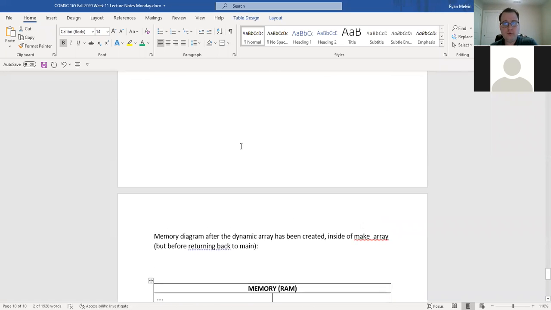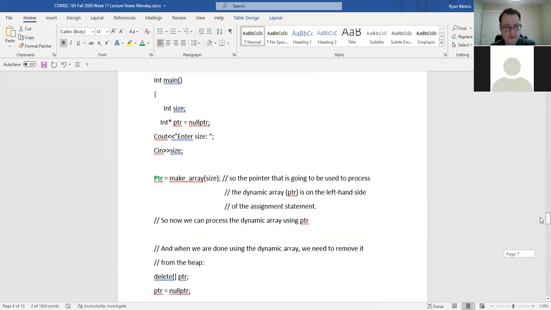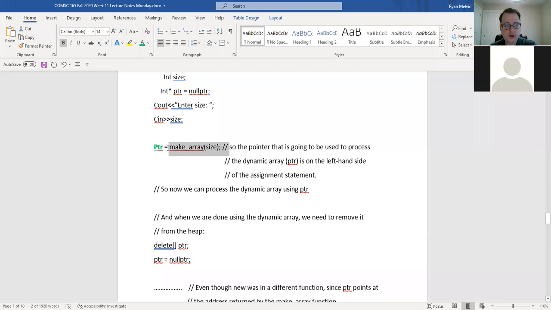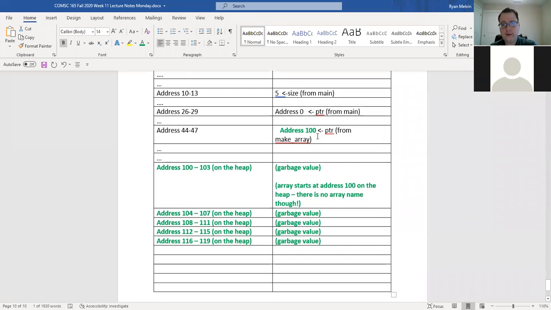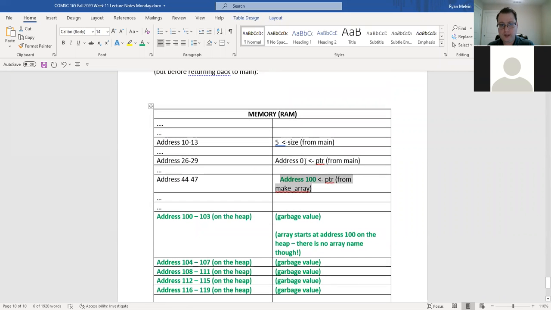Now, the next one we'll look at is when we've actually returned back to main, right? Meaning after this call has finished and we have stored the address in PTR back in main. At that point in time, first of all, this local PTR for make array is going to be gone from our memory diagram, right? That's completely gone. It's out of memory because it goes out of scope as soon as make array ends. But it is returning the address of where the array starts, and that's now stored in the pointer PTR from main. So now if we look at that next state,